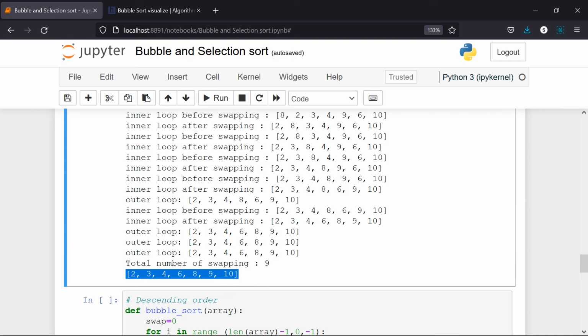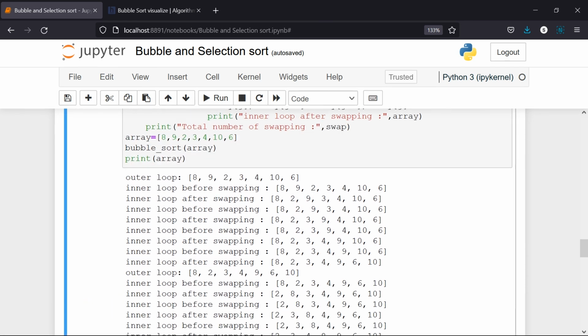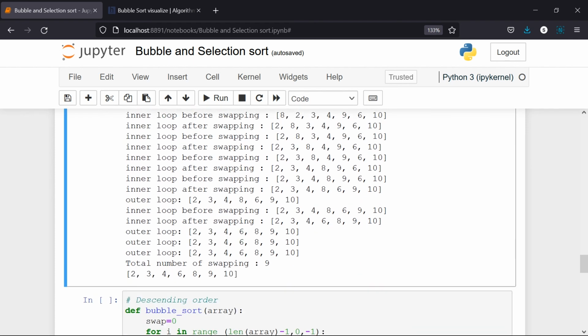So I hope this makes it clear. Step by step we have done this. We calculated the length, and after that we created the outer for loop, and then we formed an inner loop. Then we checked how many times the inner loop is going to run and how many times the outer loop is going to run, and after that I put it in terms of a function. I call those elements, and after calling them, I swap the elements whenever it is needed. After that I check how many swapping operations there are in the total sorting operation. So for this specific input order, we have this many swapping operations.